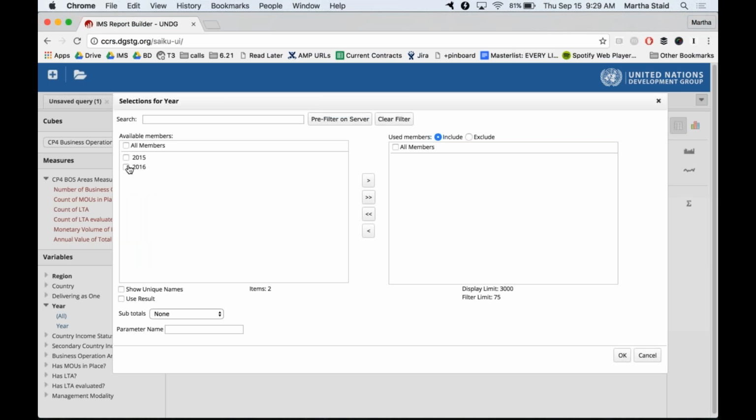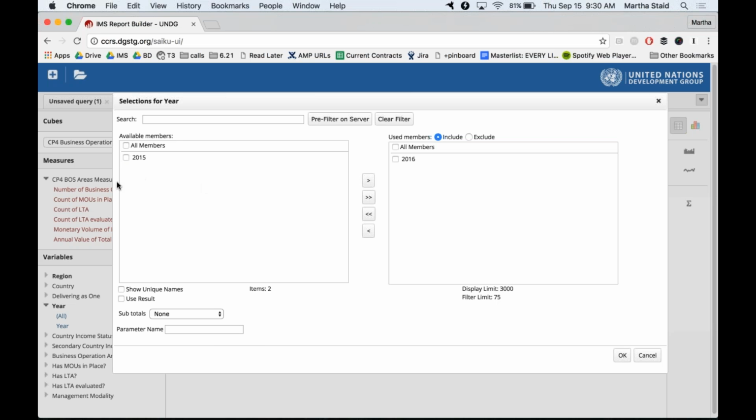So in this example, you can see on the left here is the list of all the options. In this case, it's just 2 years, 2015, 2016. The right-hand box is what you're actually going to include in the table. So if you select 2016, then we just use this little arrow to move it from the left-hand box to the right-hand box.